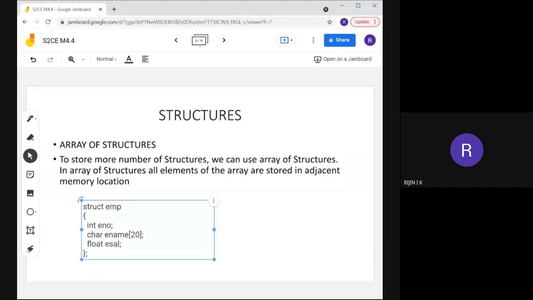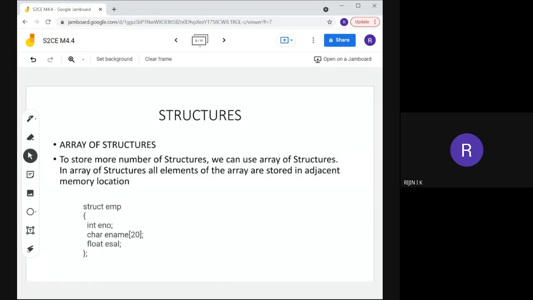So how will we declare the variable for this structure? What is the syntax for declaring a variable for the structure? Anybody?